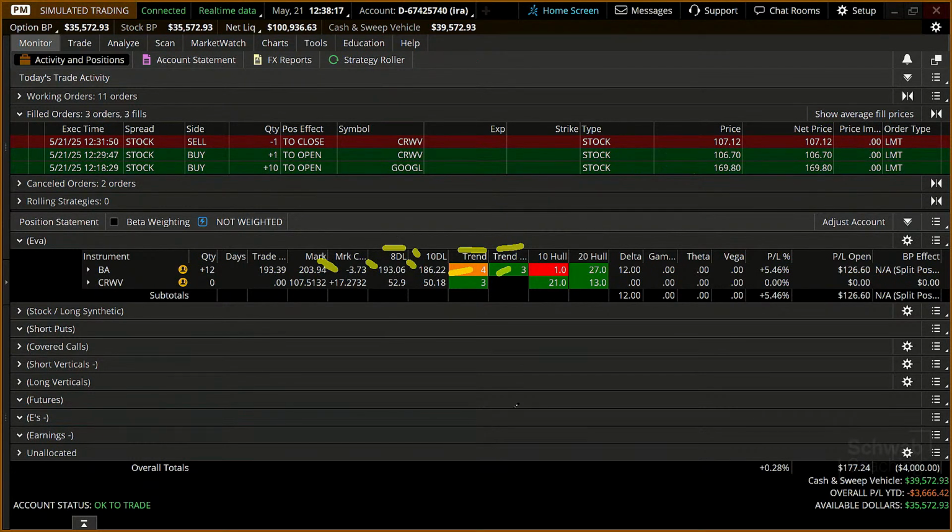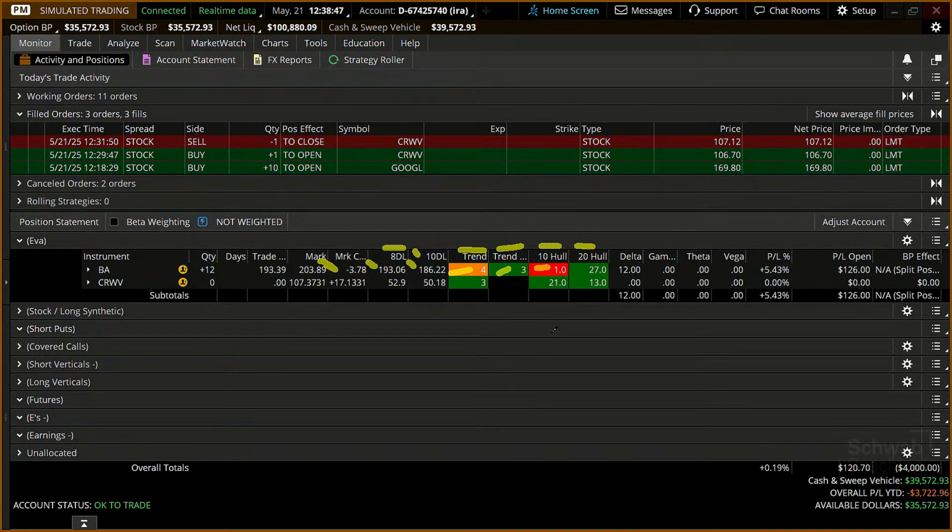Now remember, one of the most powerful things I think about this platform compared to anything I've ever seen is not just putting trades on or off and what's the commission. It's managing positions. Some of the ways we manage these positions is we use the column headings to track stock or option positions. This last thing I'll say here is the 10-day and the 20-day. That's telling us the color of the moving average on the chart.